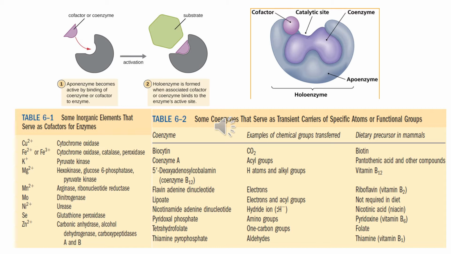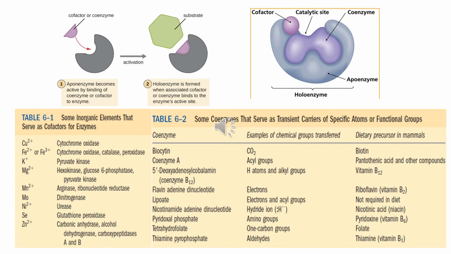A coenzyme or a metal ion that is very tightly or even covalently bound to the enzyme protein is called a prosthetic group. A complete catalytically active enzyme together with its bound coenzyme or metal ion is called a holoenzyme, as you can see in this figure on the left and the right side. The protein part of such an enzyme is called an apoenzyme or apoprotein.